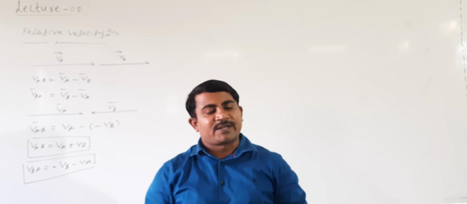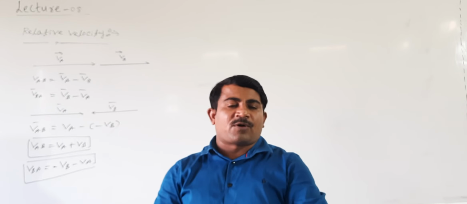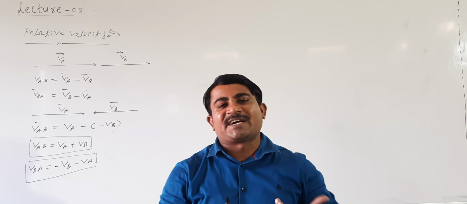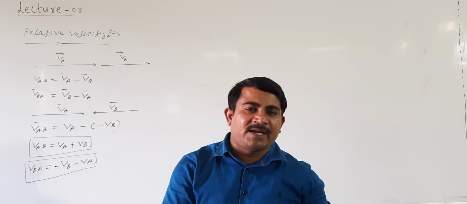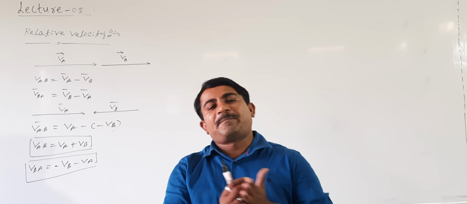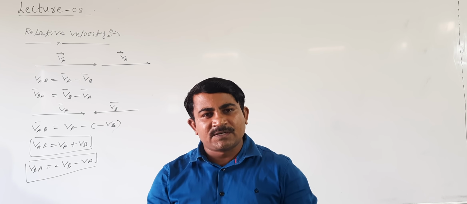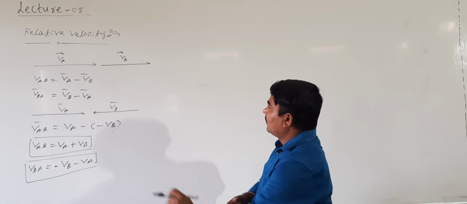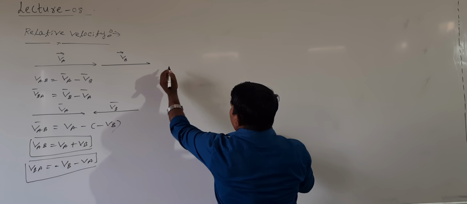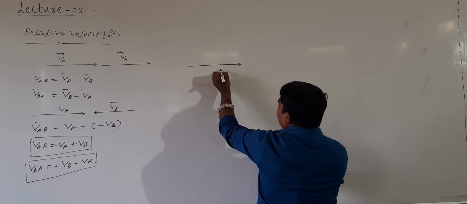Right. But students, we did not explain the relative velocity of two bodies if they are inclined at an angle theta. This can be explained on the basis of the parallelogram law of addition of vectors along with the triangle law of addition of vectors. Shall I see, students, the relative velocity in a different case? Look at me. See here, I will take this as one velocity. This is the velocity of the body A. Shall I call this velocity VA?